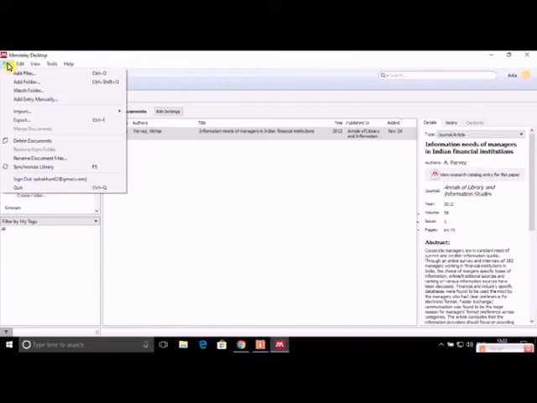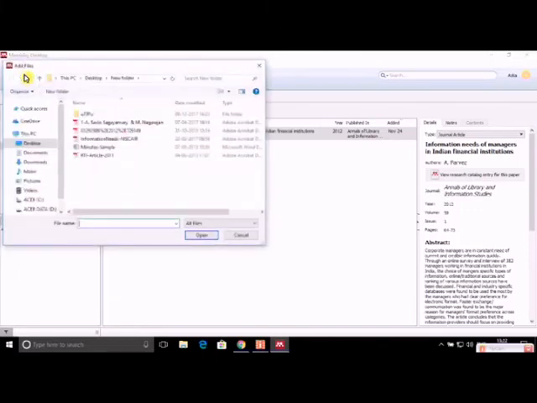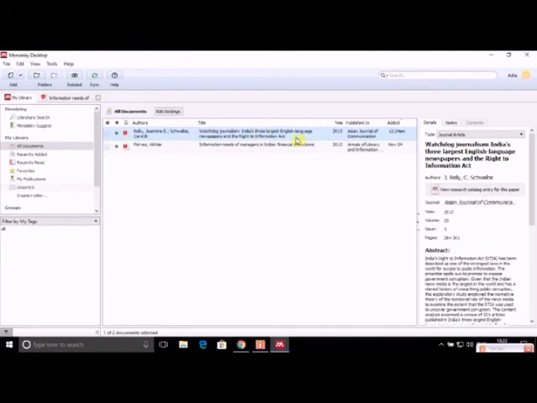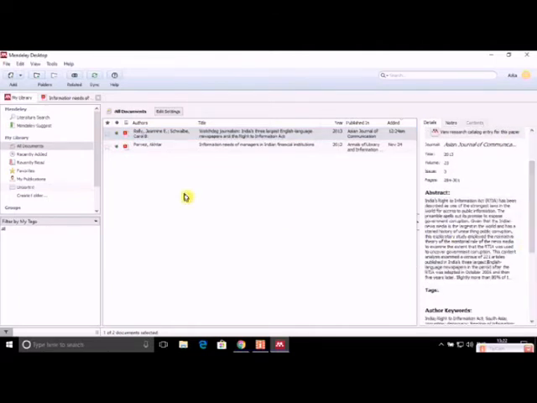So say if I add more files, I'll click here and I can add any other file. This file has also been added, and here again you see the bibliographic description has appeared.